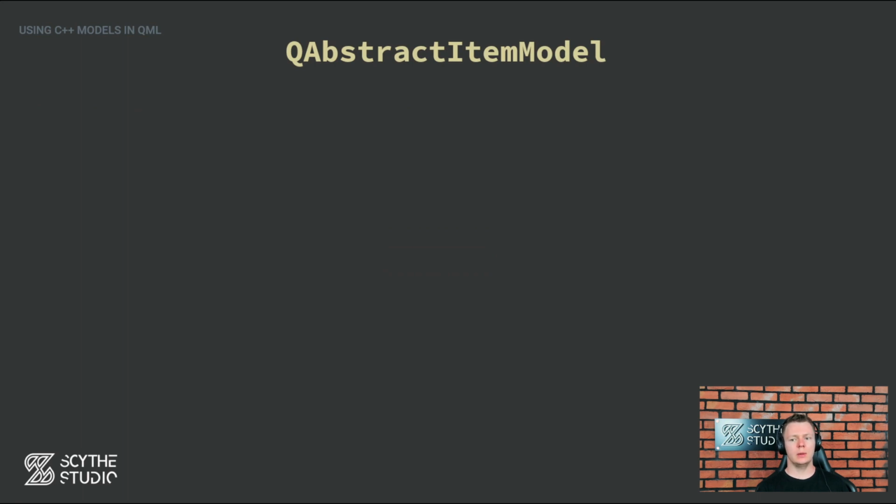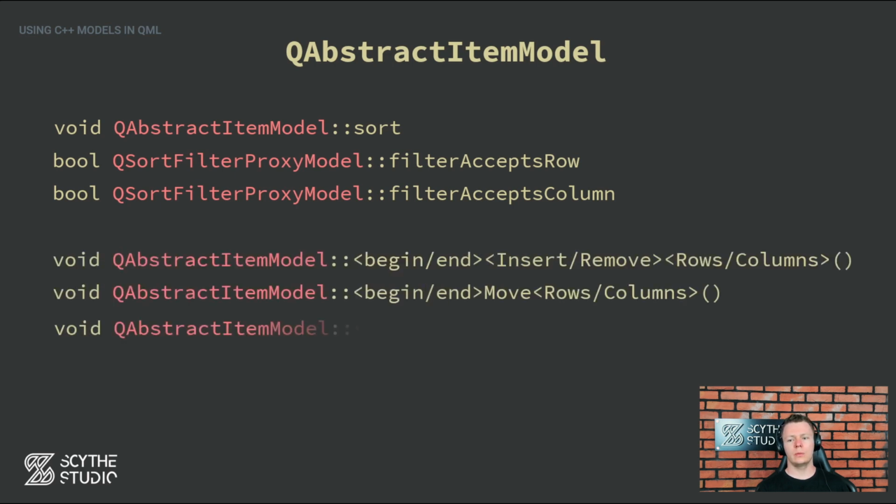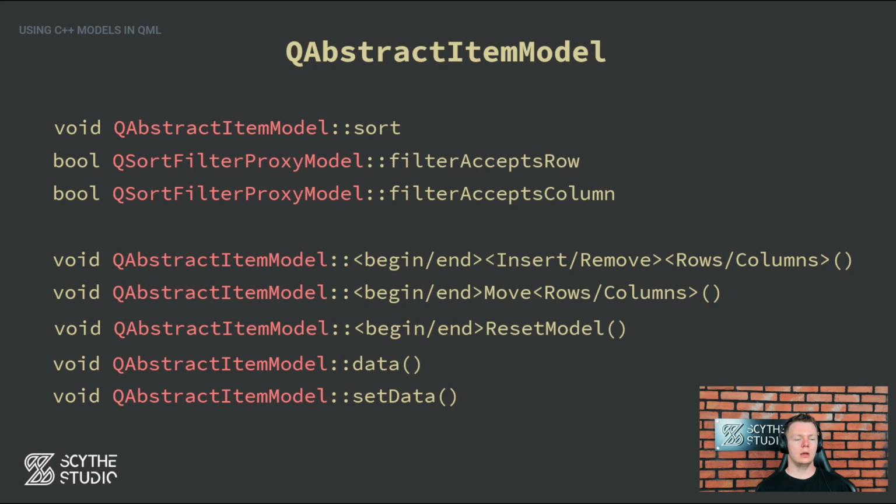Using QAbstractItemModel allows for more advanced features like sorting, filtering, and dynamic updates, making it highly flexible and scalable. Using QAbstractItemModel, you can not only get the data, but also modify data